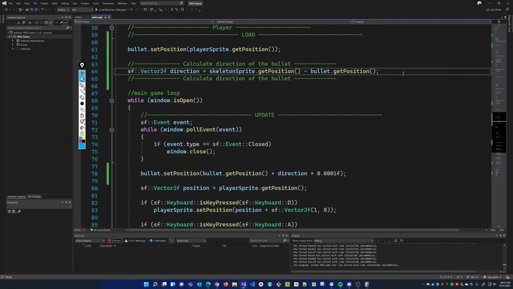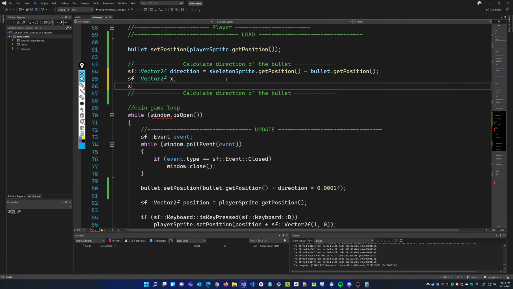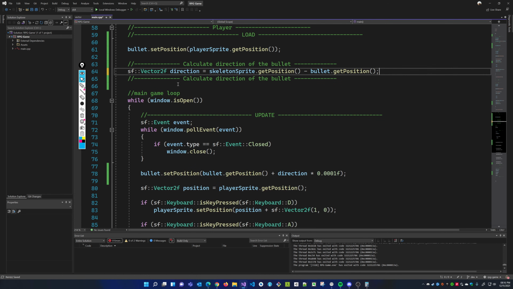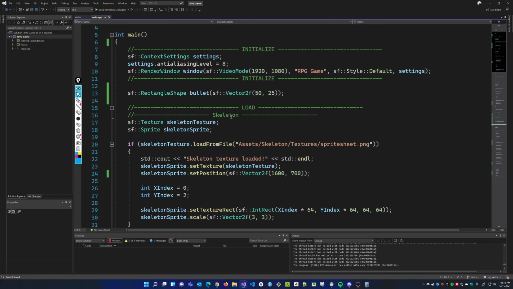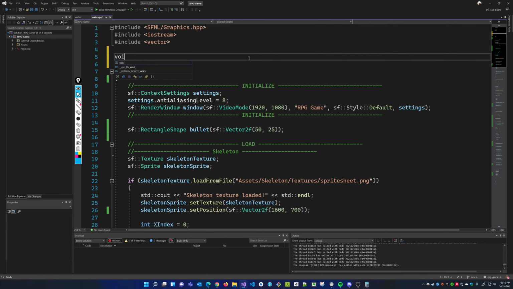As far as I know, SFML doesn't have a normalization. Yeah, they don't have. So sf::Vector2f dot x. Yeah, they don't have a normalize function. So we have to make our own normalize function. And that can be done really easily. It's not that difficult. So at the very top, I'm going to say void normalize vector. Right? This will take an sf::Vector2f